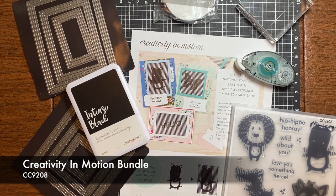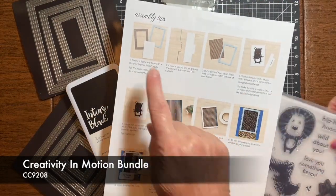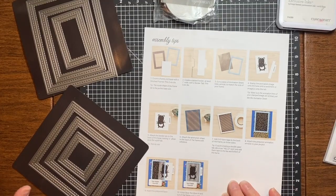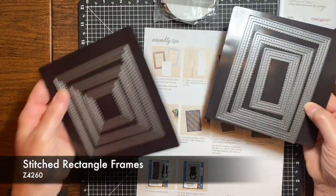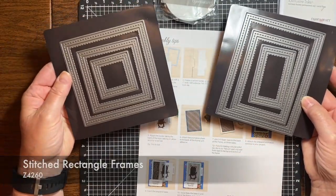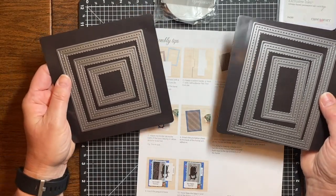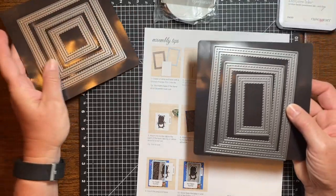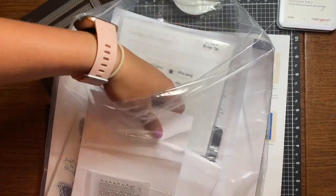What we need to do is follow the instructions step by step, which are on the back, the assembly tips. Follow them, they're going to be your best friend. So we could either use the rectangles or the square stitched frames. Which one are we going to use today? Well, it depends on what you're doing. If you're going to do it on a card base, so if you are getting the whole bundle kit,